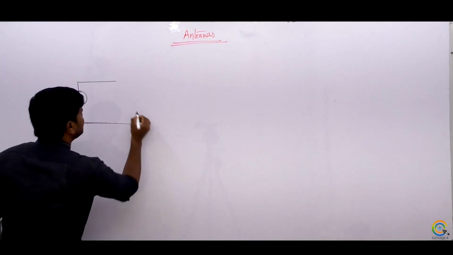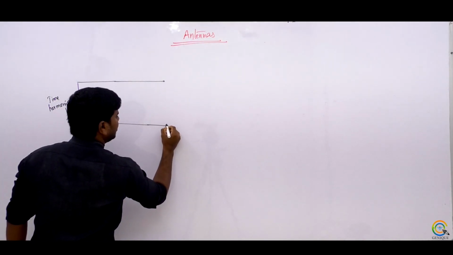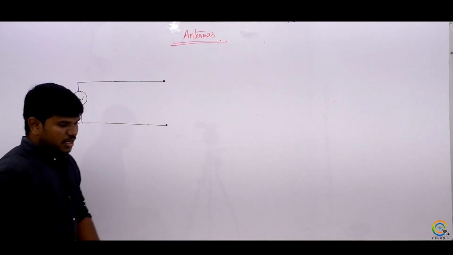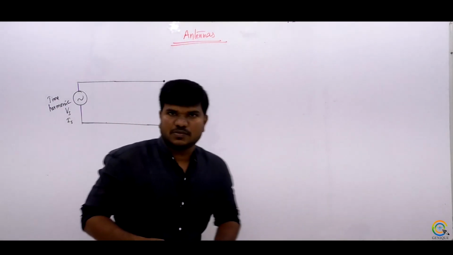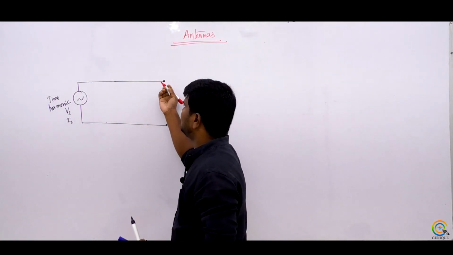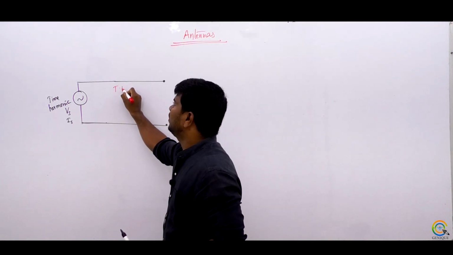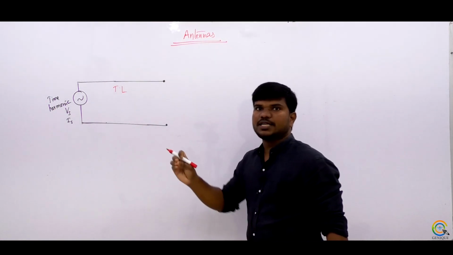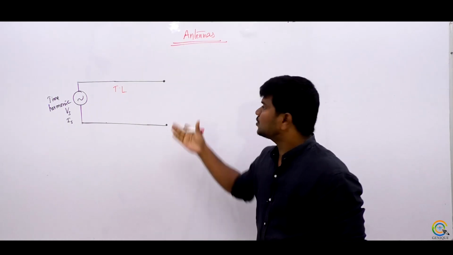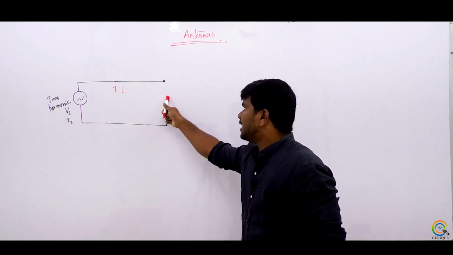Suppose this transmission line is placed like this, and it is kept open circuited. Because it is a transmission line, if it is open circuited at the load or short circuited at the load, or if you connect any reactive element here,